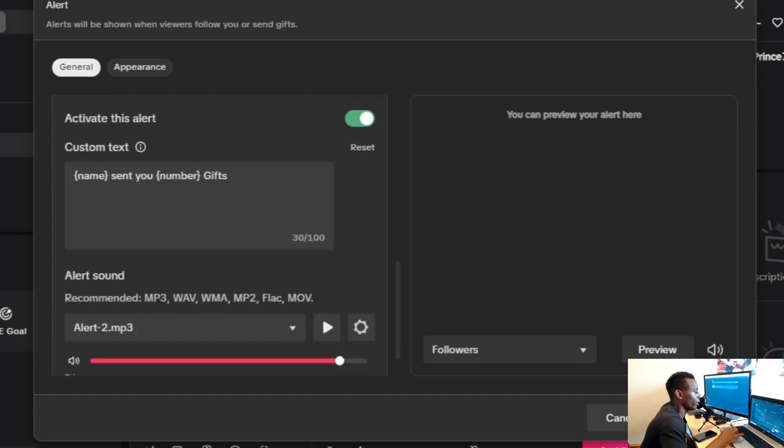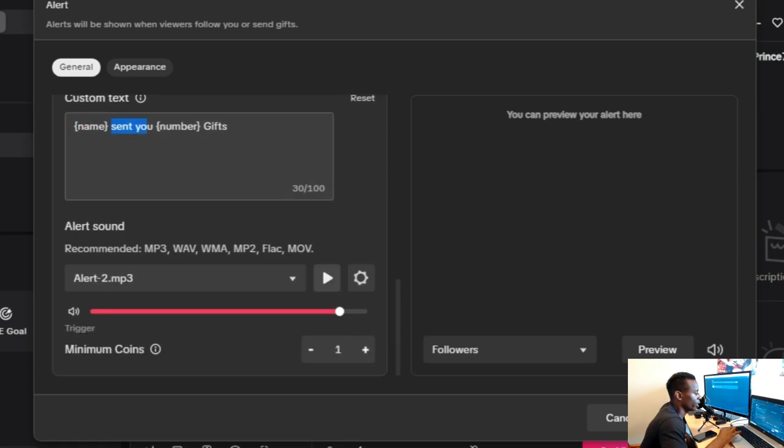So for the activate alert, you can see here the person, the account name sent you, and it should give you a number of gifts here, and you can have your own alert here. A minimum coin for this alert will be one coin. So if someone sends you a rose, you'll get that. If you want it to be a little bit more tactical and you want to actually collect coins, if someone sends you 1 rose,